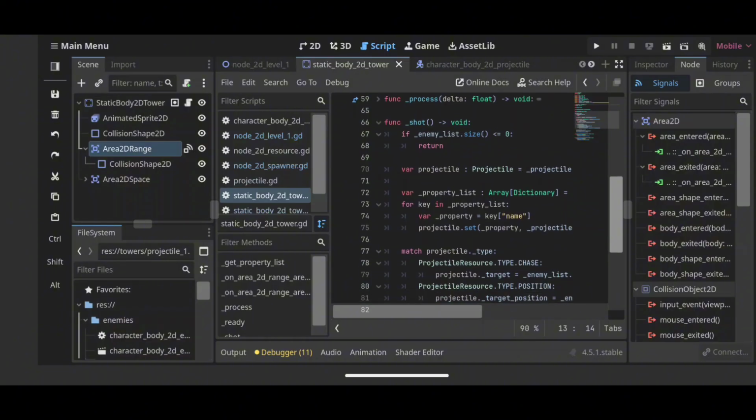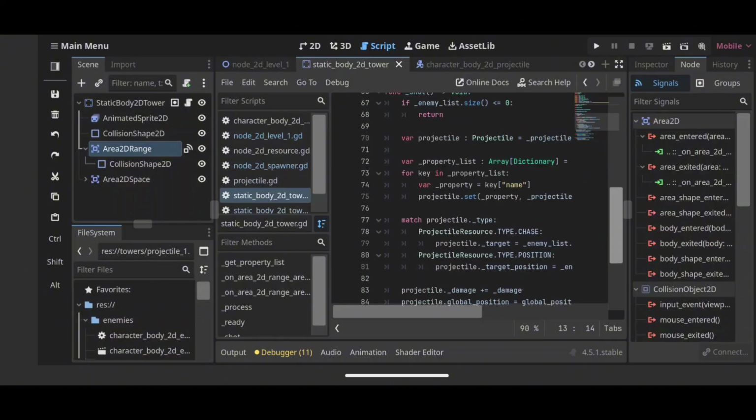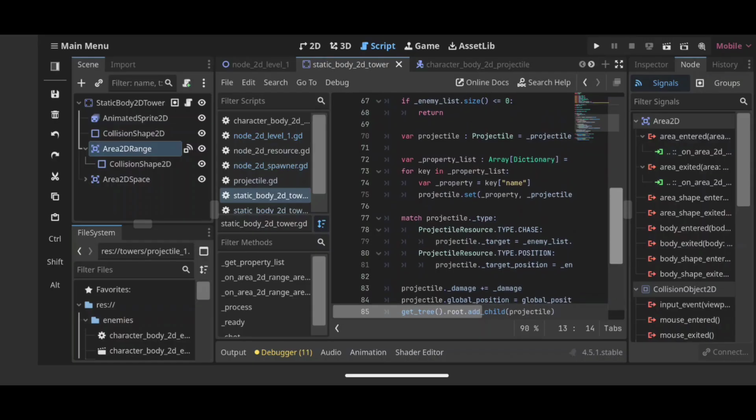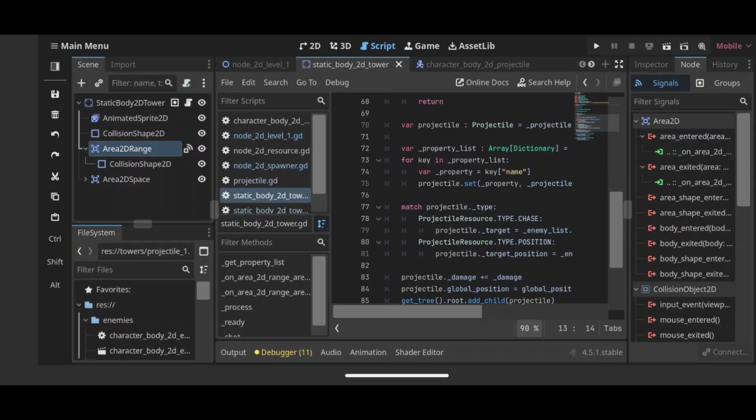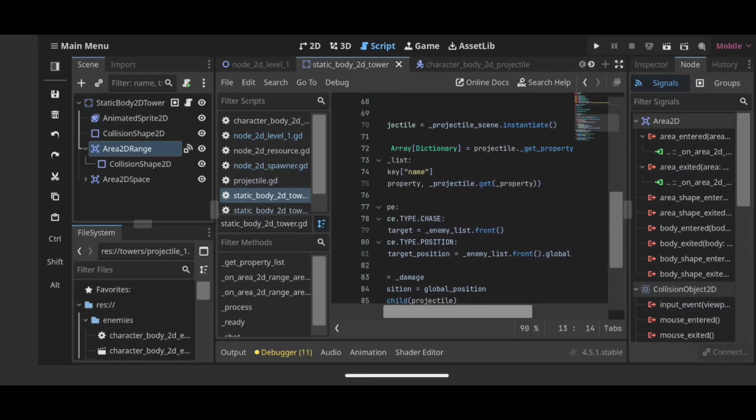So if I do not have an enemy in the range, I don't shoot. I create a projectile variable using the scene to instantiate. I get the property list of this projectile, and I set the projectile values